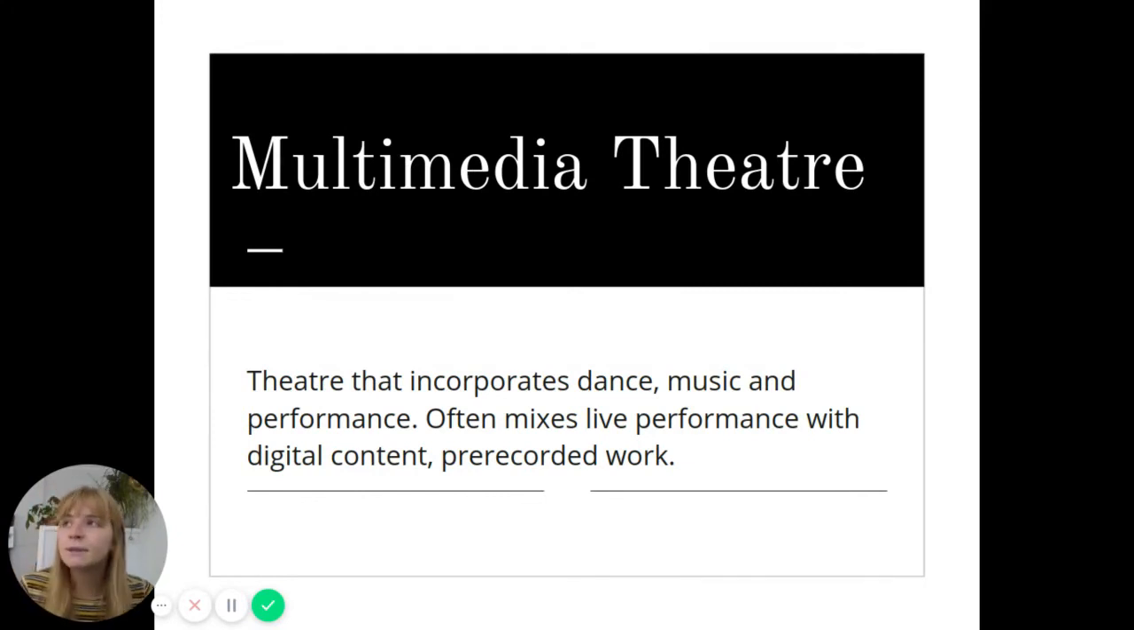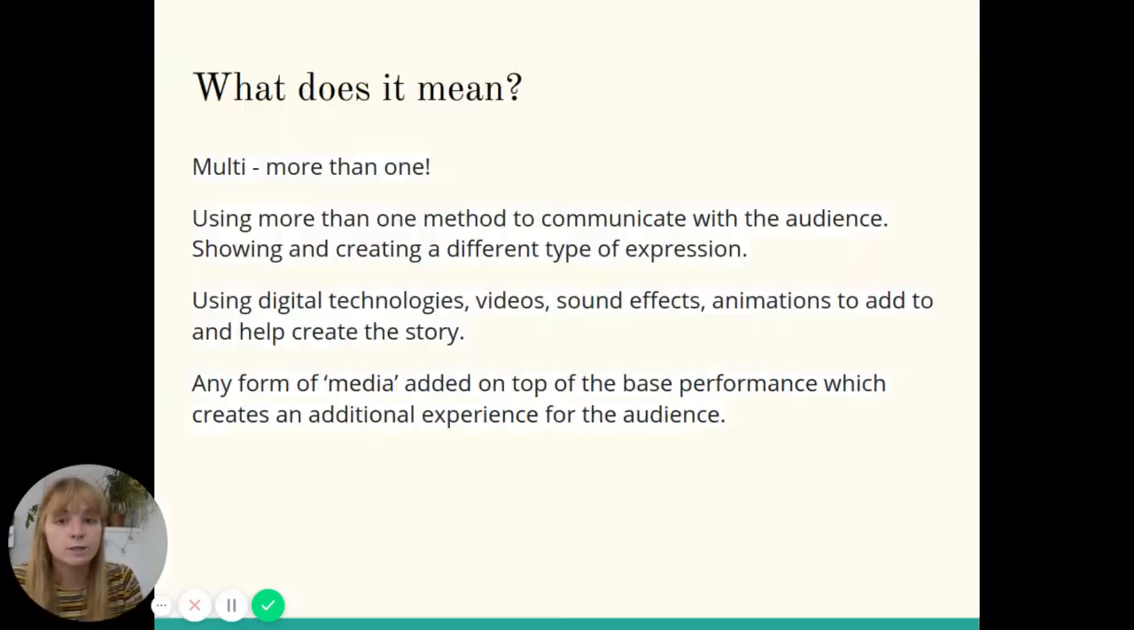So it's not something that's happening before or afterwards, it's integral and it's part of the performance and it adds to the performance experience for the audience. Multimedia very simply means more than one type of media, more than one, multi. All it's doing is using things like technology, video, sound, animation to add to and help create the story. So it's any type of media that can be added on top of that basic acting performance,